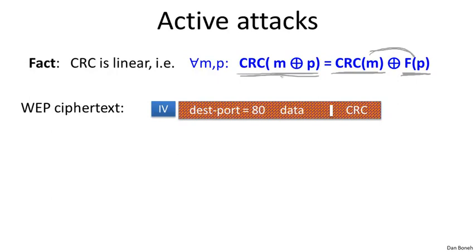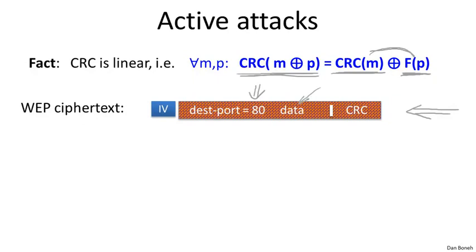Now here's how the attack works. Suppose the adversary intercepts a particular packet that's destined to the access point. The packet is destined for destination port 80, and the attacker knows that, and what he wants to do is modify the ciphertext such that now the destination port will say 25 instead of 80. And maybe the attacker can read messages for port 25, and that's how he actually obtains the actual data in the packet.